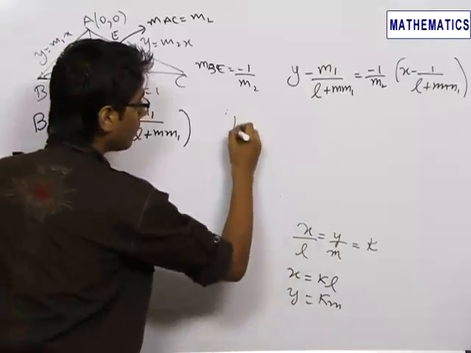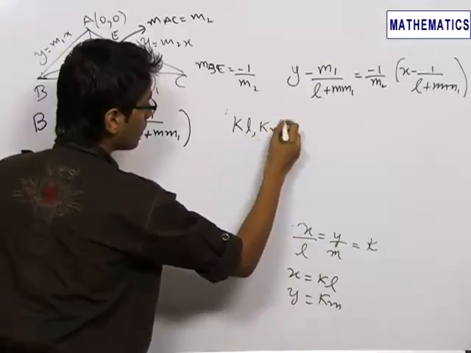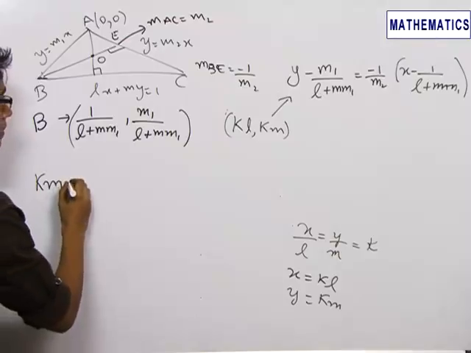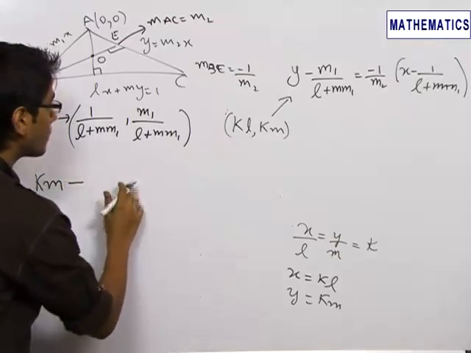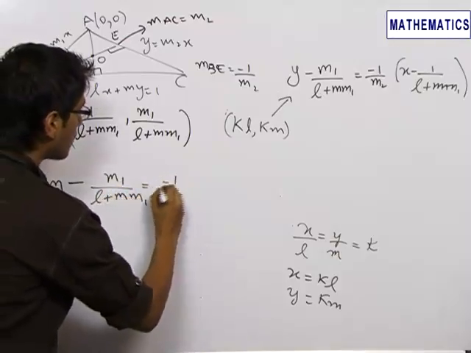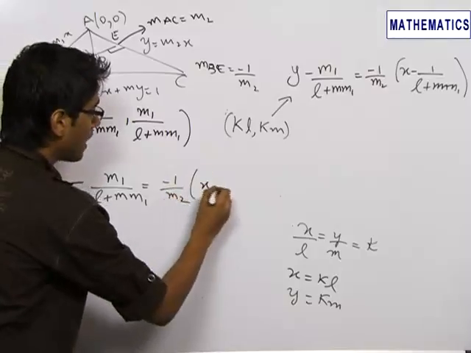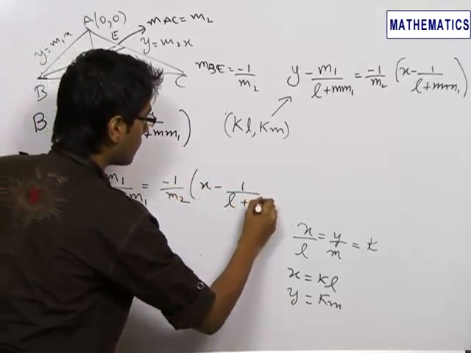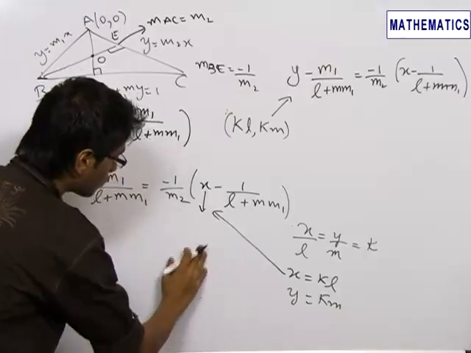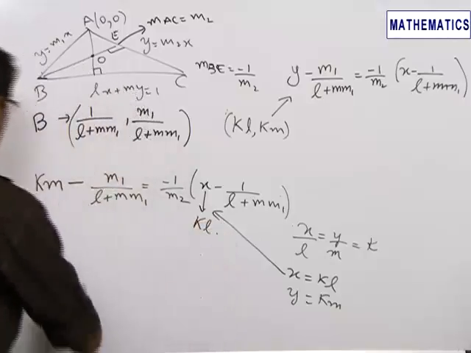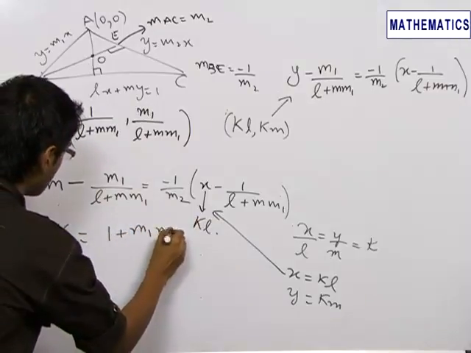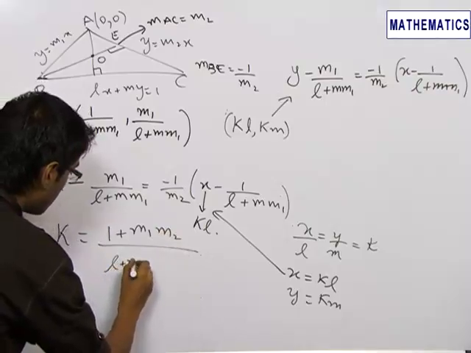So satisfying the point (kL, km) in this given line, we get km minus m1 upon L plus mm1 equals minus 1 upon m2 times x minus 1 upon L plus mm1. And instead of this x, we can substitute the x coordinate of the orthocenter as kL. So on solving this equation, we get the value of k as 1 plus m1 m2 upon L plus mm1